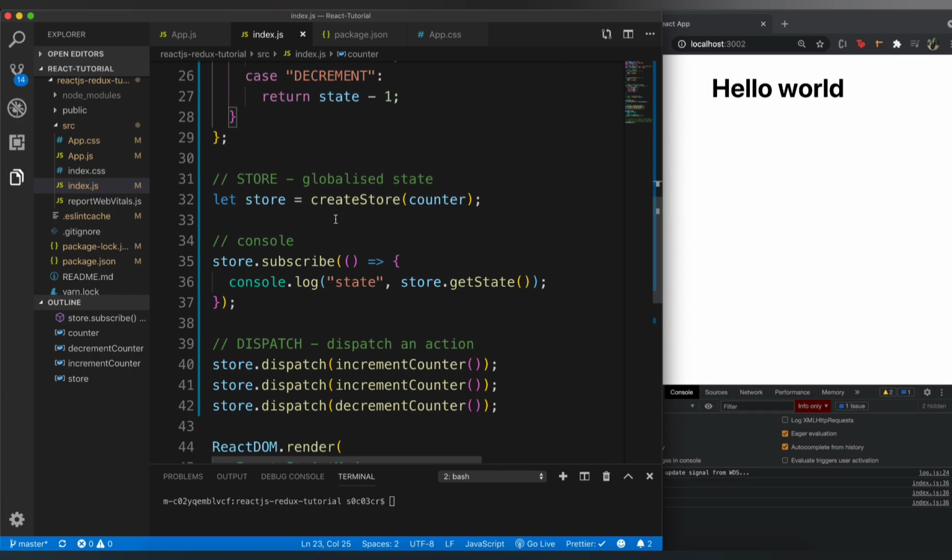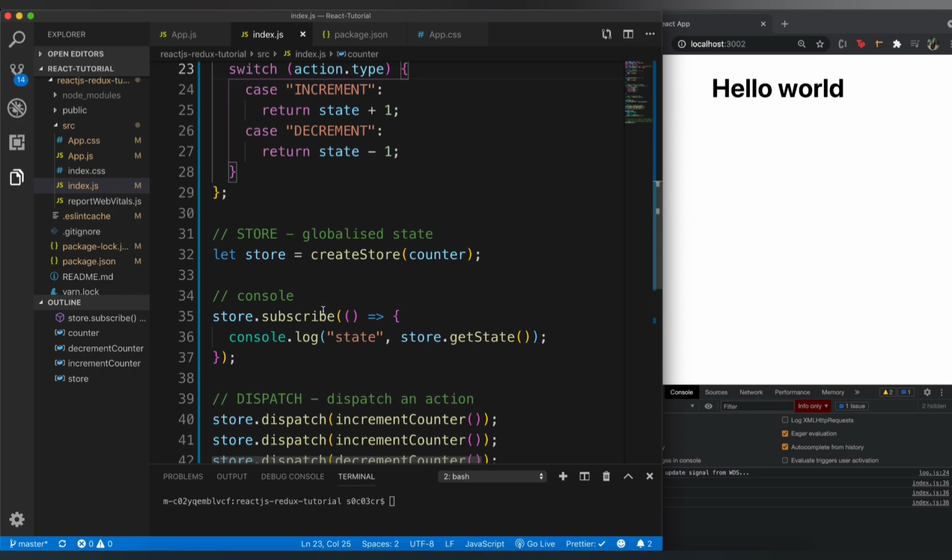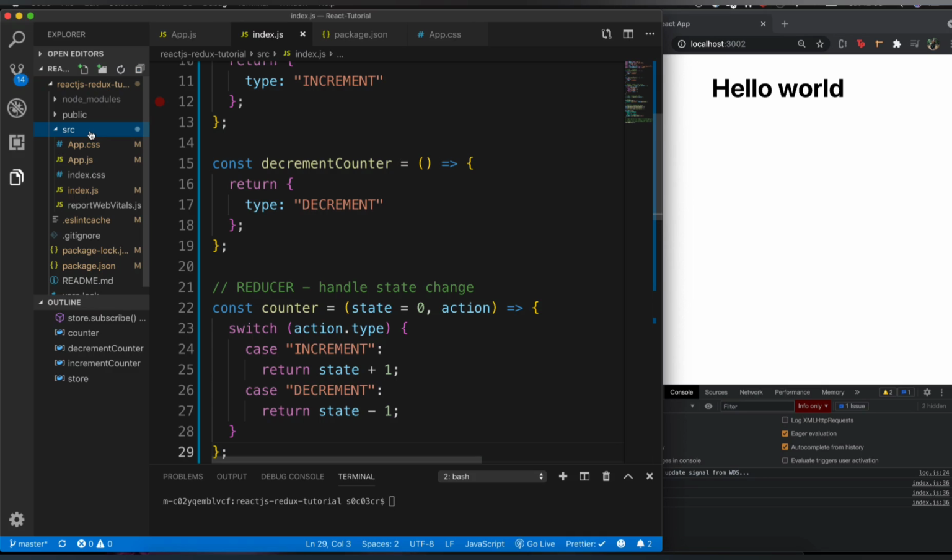React. So we have done this in a normal JavaScript file, but now we're going to make use of the React Redux package to actually connect this particular Redux code to React. In order to get started with that, we basically want to create 2 folders, one for the actions and another one for the reducers. It's always a good practice to keep the both separately. So I'm going to go ahead and create a folder here, and I'm going to name this reducers, right? And also I'm going to create another folder which is actually going to be called actions.